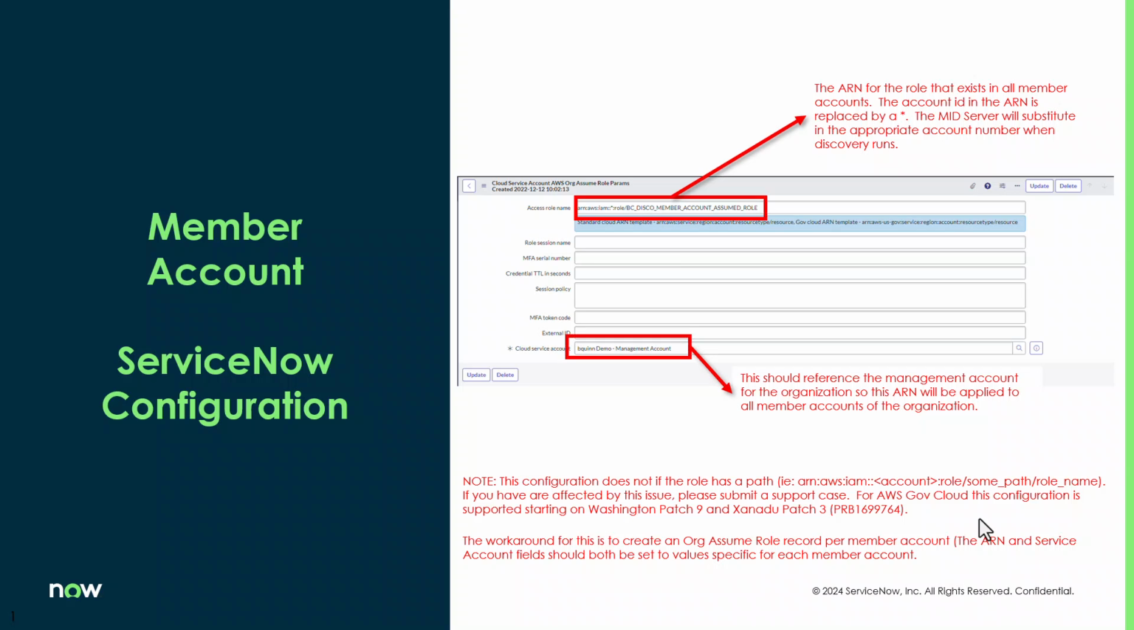Hopefully support will be able to work with you and get a PRB created that will hopefully be addressed in a future release. For AWS GovCloud, this configuration is supported starting in Xanadu patch 3 and should be supported when Washington patch 9 becomes available as well. The workaround in either case, if you have a path in the role in the ARN, or if you are using AWS GovCloud on an earlier ServiceNow version,